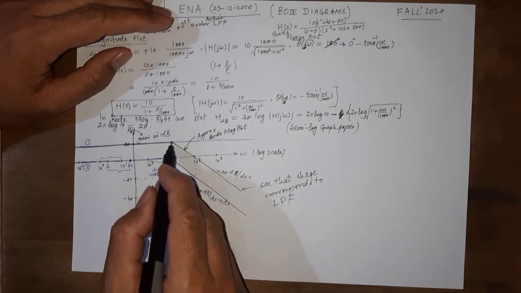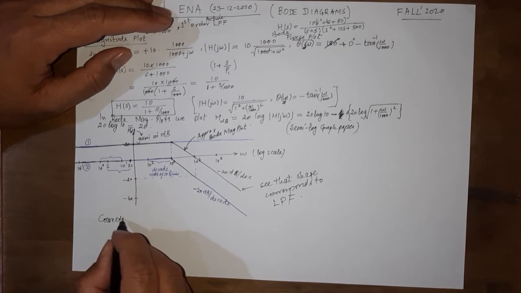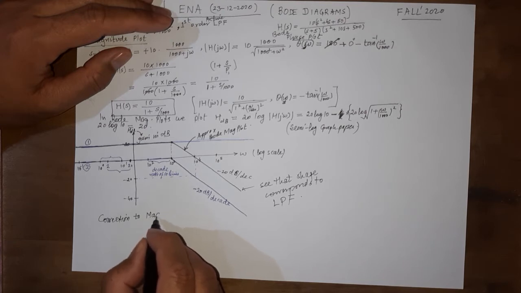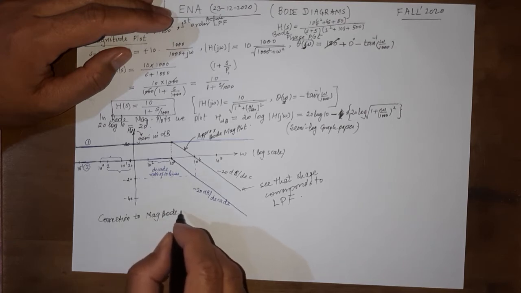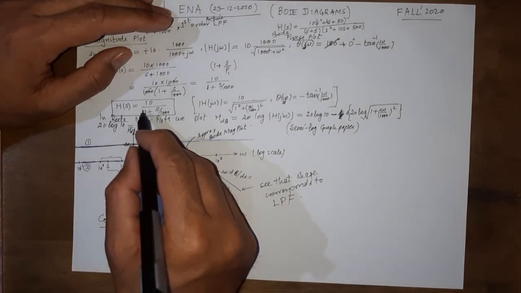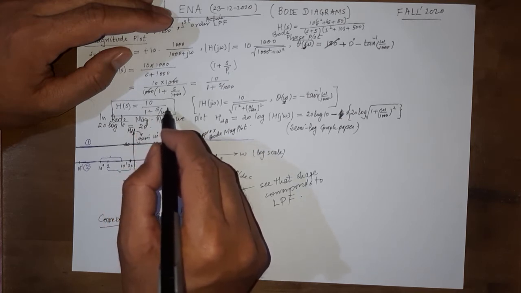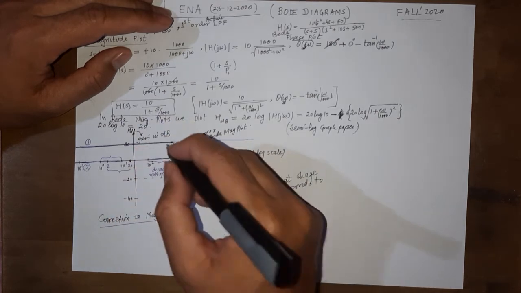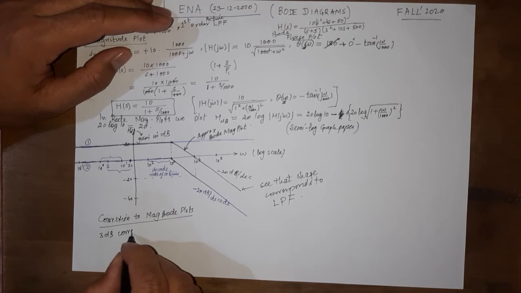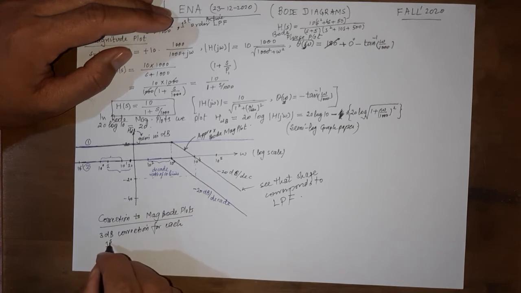But this is an approximate one because of this corner. And I told you about a correction that needs to be applied to Bode magnitude plots. That correction says to look at how many first order terms we have at this critical frequency of 1000. We have one term only. So with one term, we apply a 3 dB correction for each first order term.